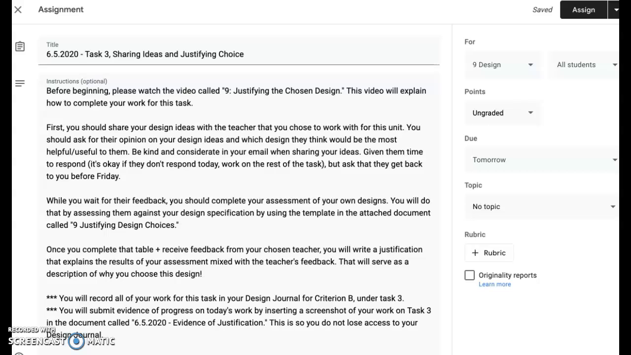But what you're going to be doing today is getting feedback from your chosen teacher on your design ideas that you've come up with, and you're going to be assessing your design ideas against the success criteria that you created in task 1, so against your design specifications from task 1 of Criterion B. So how you're going to do that today is the first thing you're going to do, like I said, is